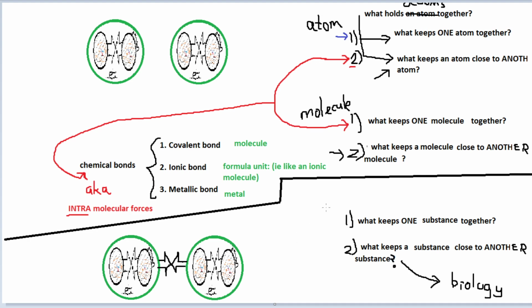So to repeat one more time, atoms are held together by a force between two things. By the way, it's the electric force between protons and electrons. That's what atoms are held together by. Then we go to molecules. What holds molecules together? It's either a covalent bond or an ionic bond or a metallic bond, and you put it together, you get molecules. That's what holds a molecule together. Altogether, they're called chemical bonds.